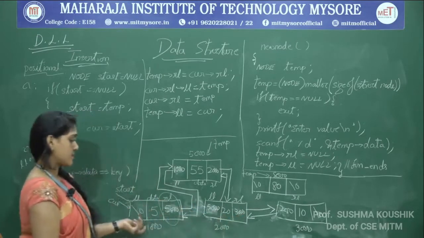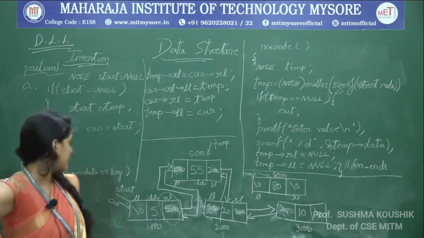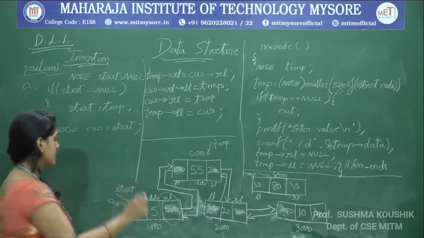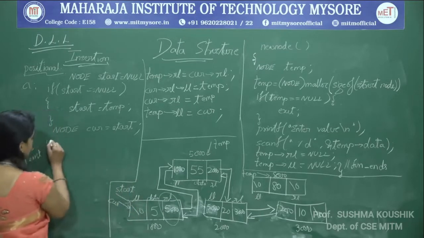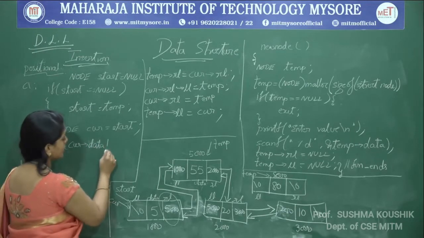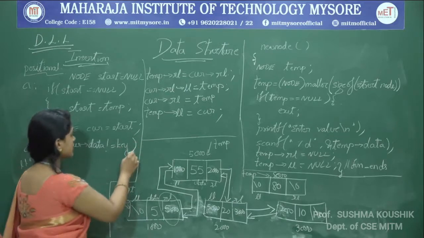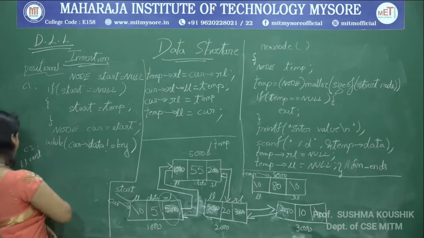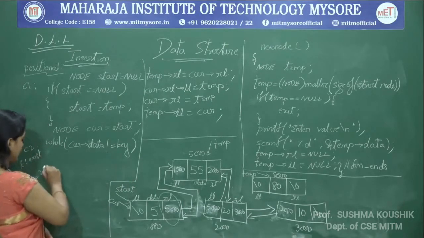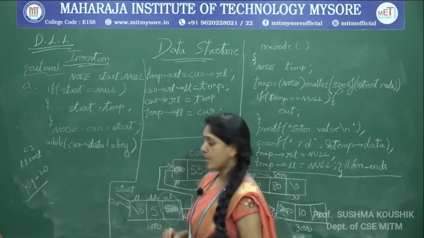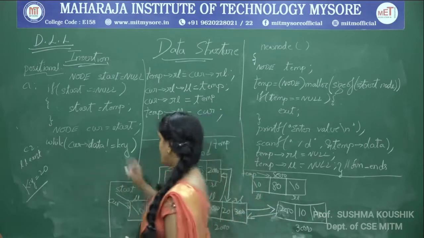Okay, how do I traverse? Current is equal to current of RL. So rather than writing if, I will make sure I write while over here because we have to traverse it. Okay, while current of data is not equal to key. Until it is not equal to the key value which I want. For now we are assuming that key value is equal to 20. How much is the key value? We have assumed that key value is equal to 20. Okay, so with this, while current of data is not equal to key.